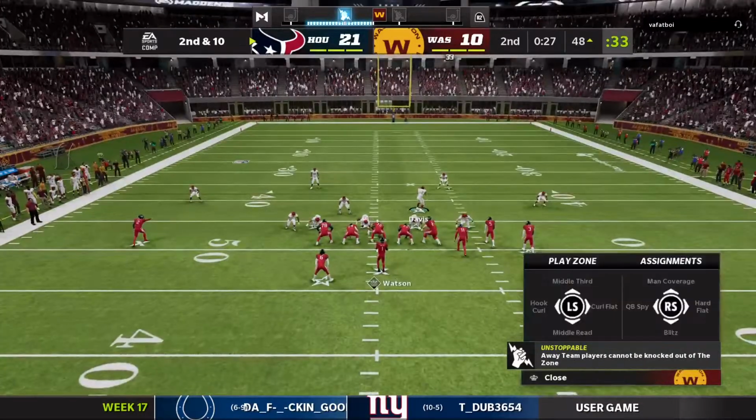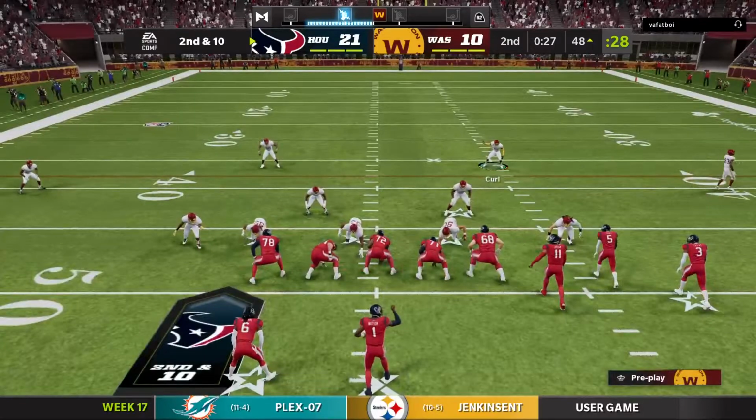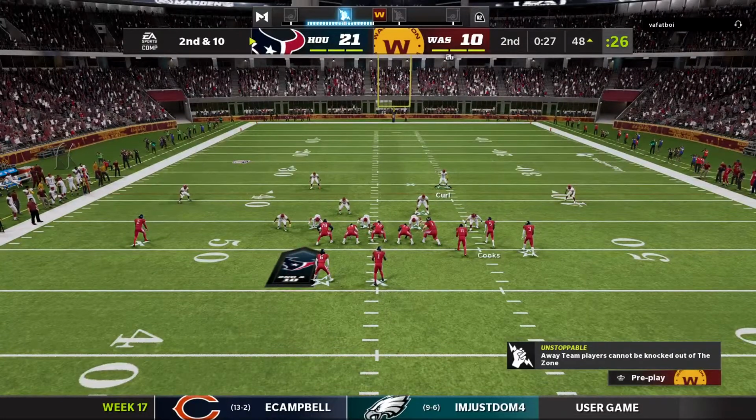Here's 2nd and 10. Check, 47. 84. Check tight. Check 39. Check. Take